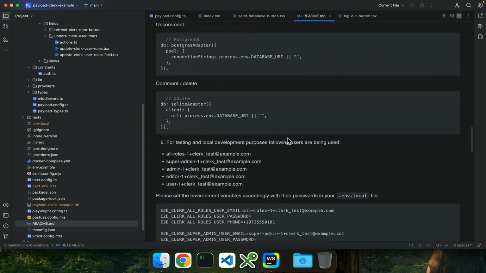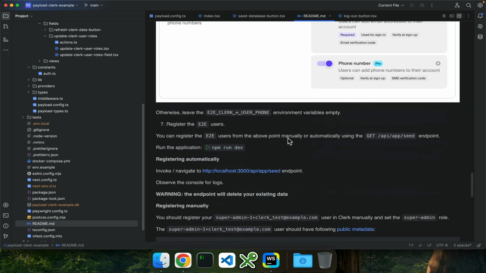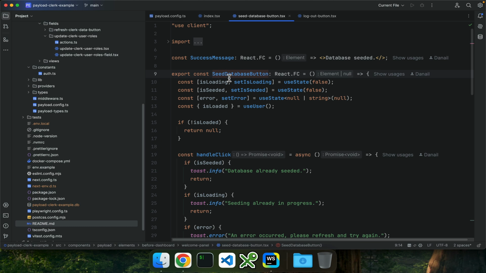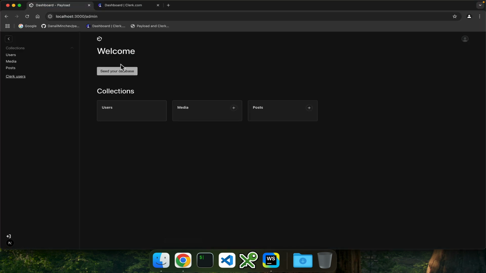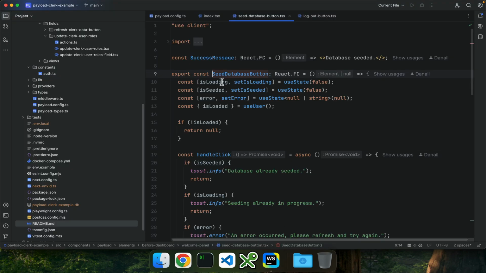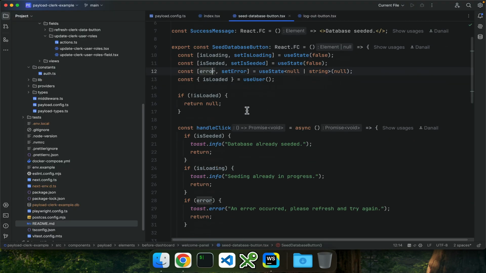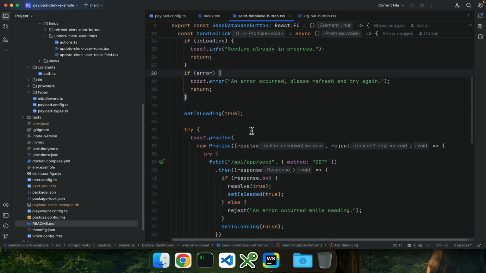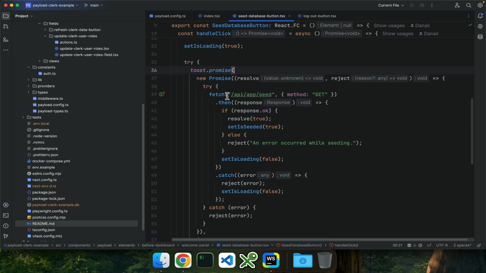As mentioned in the README, in here there is the GET endpoint API app seed, or the link here, or we can use this seed database at some point again when we're logged in as a user. So here there are various states: is loading, is seeding, the errors, so I'm just going to skip that quickly. You can have a look in more detail, but the important bit is that we're invoking the API app seed